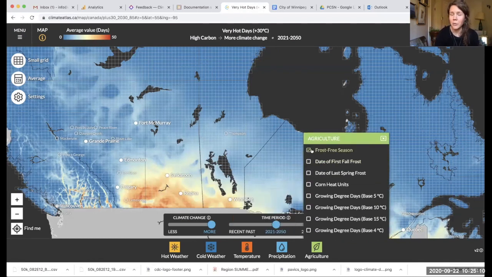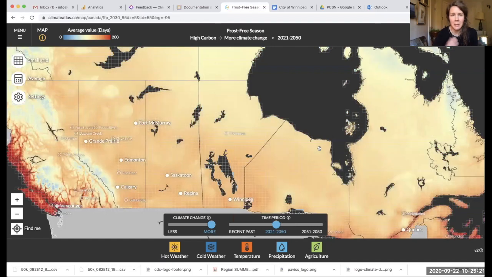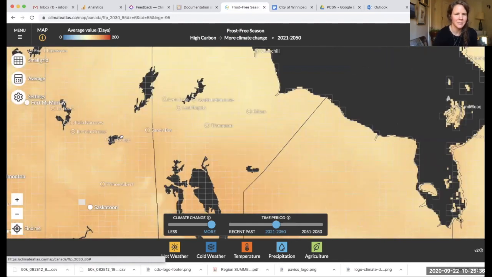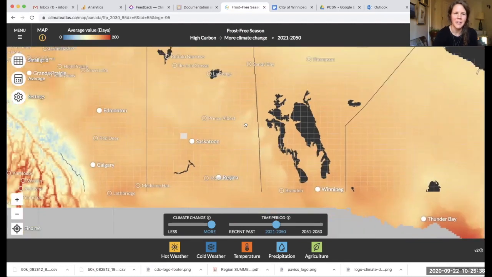Here we have the agricultural specific variables that we developed in collaboration with the Keystone Ag producers here in Manitoba. And so you can click into any individual one and it'll change the map significantly based on the variable that you're looking at. But nonetheless, it's starting to indicate the number of days for the frost-free season. And so we can move a bit more into BC because that seems like a region if you're looking for an area that's very specific,